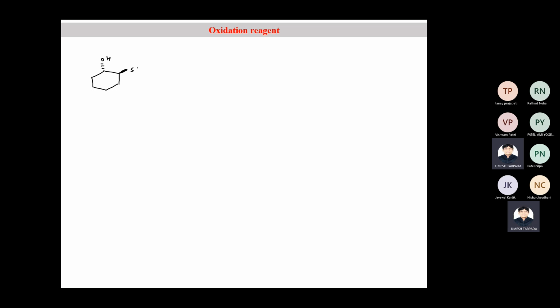Suppose you have a silicon trimethyl group departing here, and here you have OH. Then you treat this with the base KH, potassium hydride. The base abstracts this proton, the OH proton. This is a weak base that abstracts this proton, so you may get